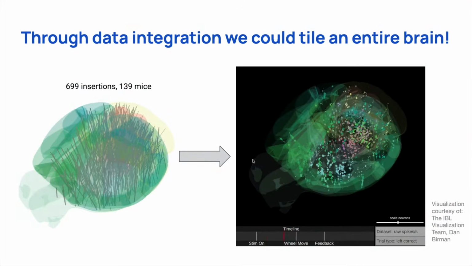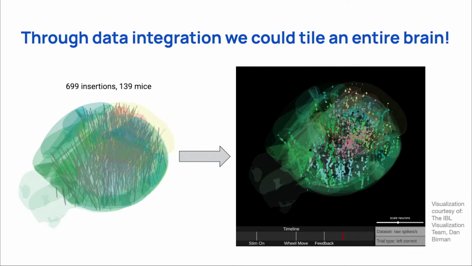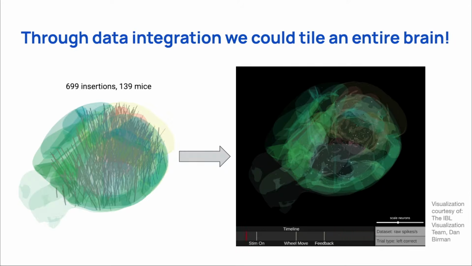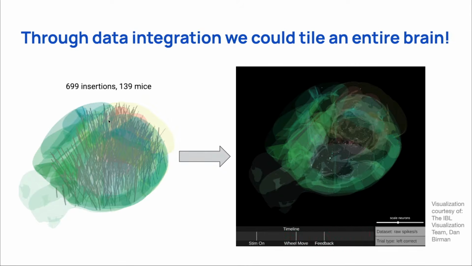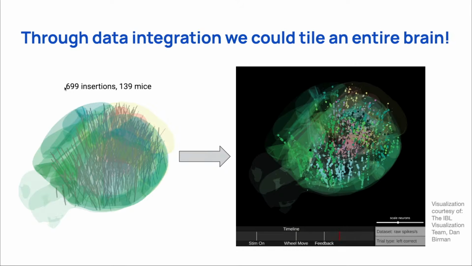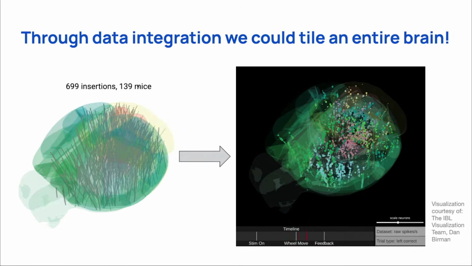And so what might this look like, especially for those of you that haven't necessarily had a lot of exposure to different electrophysiology recordings. So this is kind of the state of the art in terms of what we can actually probe in terms of neural function. So these are depth electrophysiology probes that can be inserted into the brain and often span multiple different regions of underlying neural circuits. And so now if we imagine taking some of these really large open source data sets, in this case coming from the International Brain Laboratory. These are 700 of these probes that are spanning different parts of the neural circuit across 140 different mice.